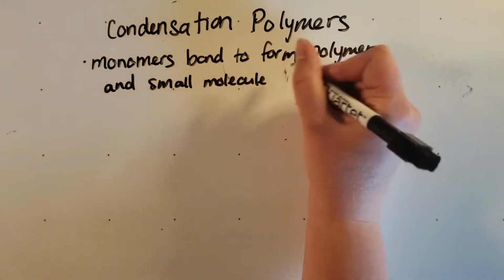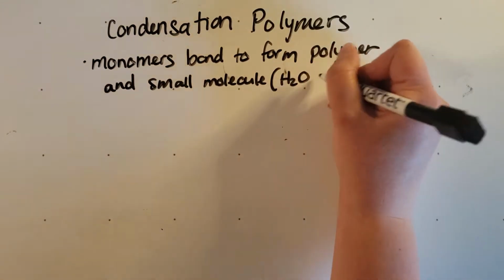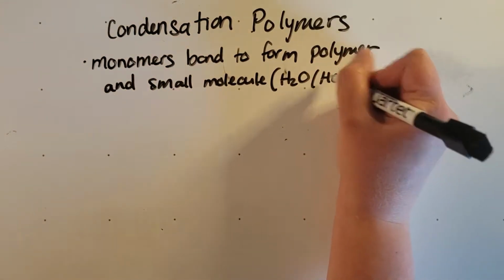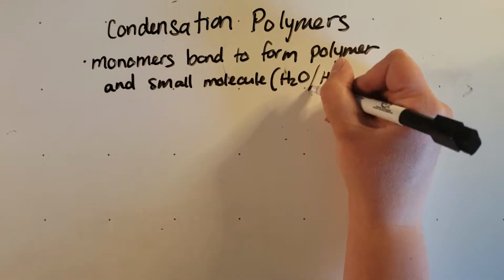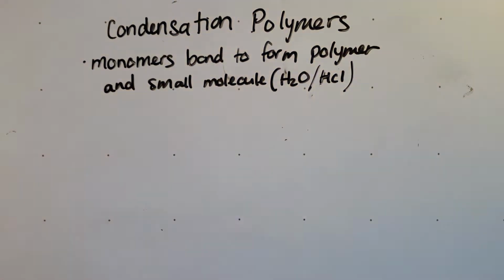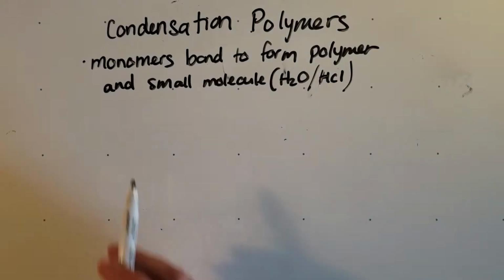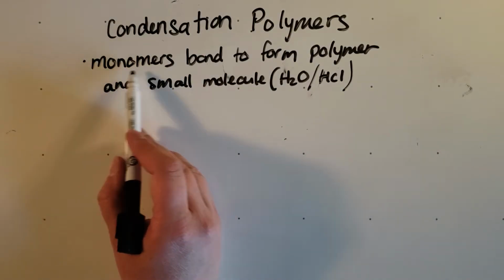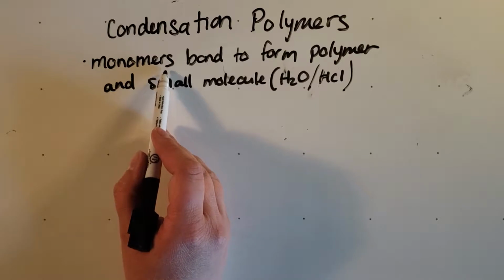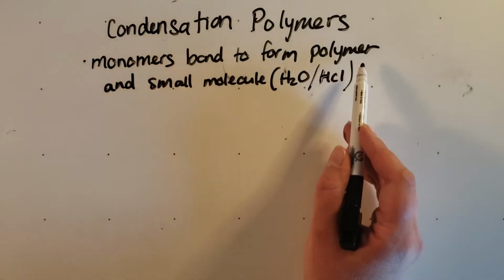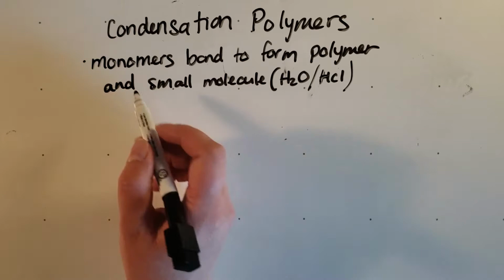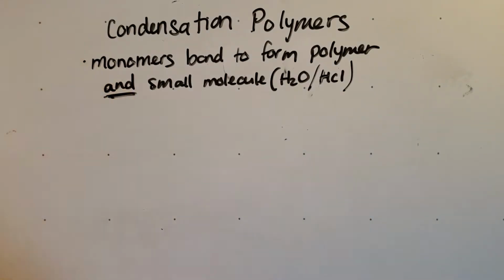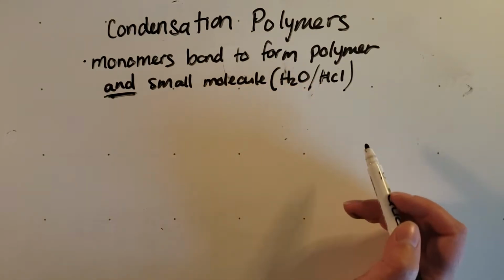And often that small molecule is H2O, and it can also be HCl. Okay, so the important part in that is that you are specifying or using that word monomer in the definition, because monomers are bonding to form your polymer, and then the definition also needs the fact that you're forming a small molecule like water or hydrochloric or hydrogen chloride as well. Okay,